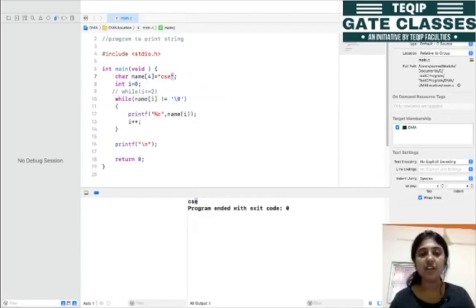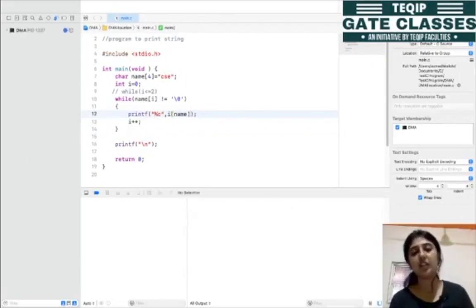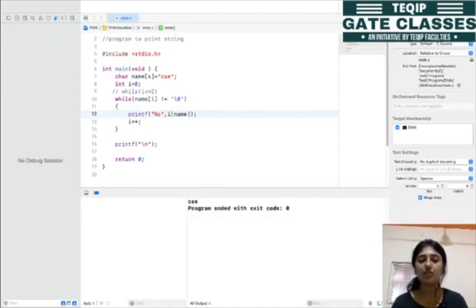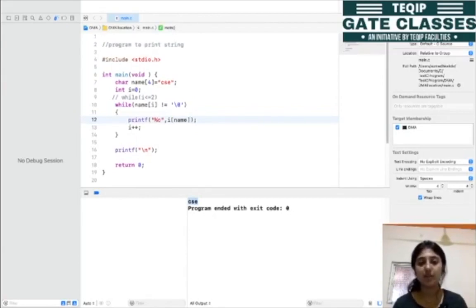So this is one way. Again I told you, instead of name of i we can write i of name too, है ना? इसका मीनिंग क्या है, सेम ही है. Even if we write this, or i plus name, or बाहर star, like pointer, the value at that location, these 4 statements are actually interchangeable. So definitely you will get the output, whatever string you are passing, that string is going to be printed on the screen. Okay, so I think this program is clear.